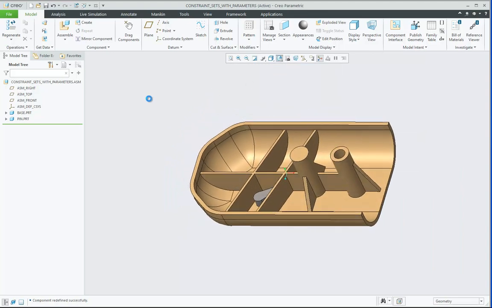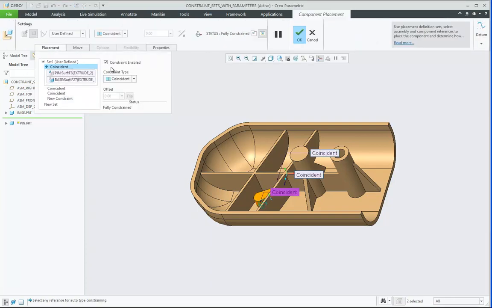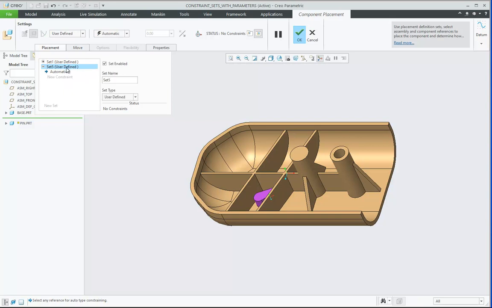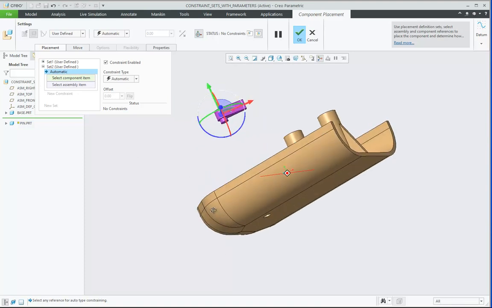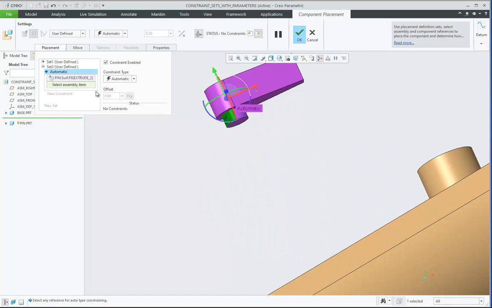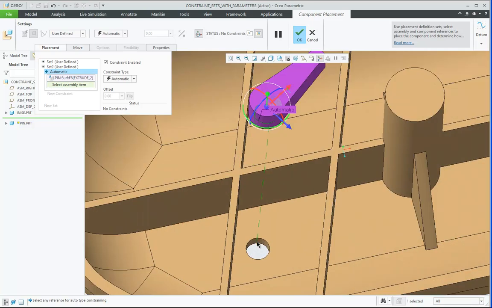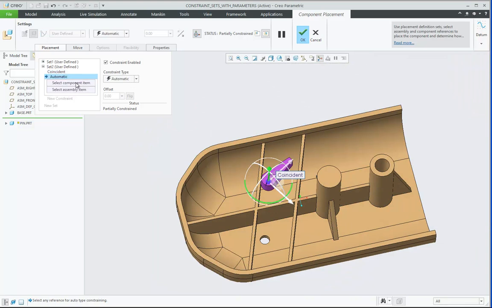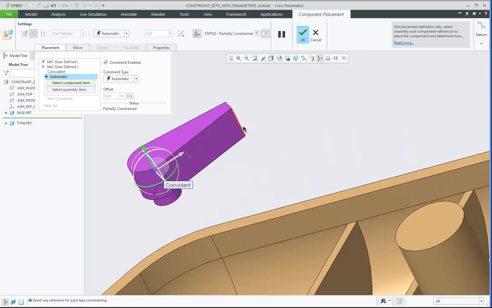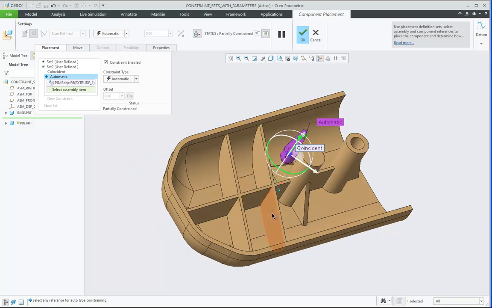set with parameter. So first what I do is I will go for edit definition, and I will select the set and disable the set. Then for new set, I give it a name as set 2. Then in set 2 again I will have to create the similar constraints, only with one difference, that is of selection of the edge. So now this time I will pick the opposite edge and this opposite surface accordingly.